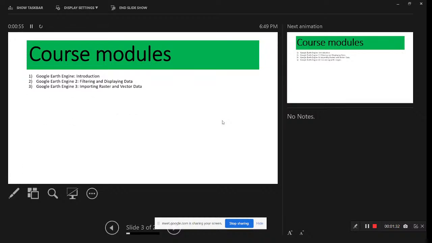Then I will also discuss importing raster and vector data on the Google Earth Engine platform, and then how you can easily calculate with images and calculate different types of parameters. It can be NDVI, NDWI, or all other indices, how you can calculate them using the Google Earth Engine platform. And then I will discuss how you can make image classification,